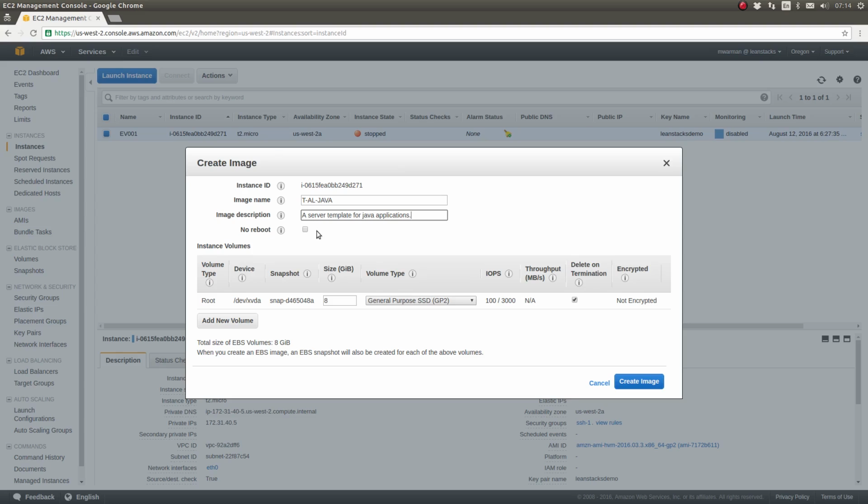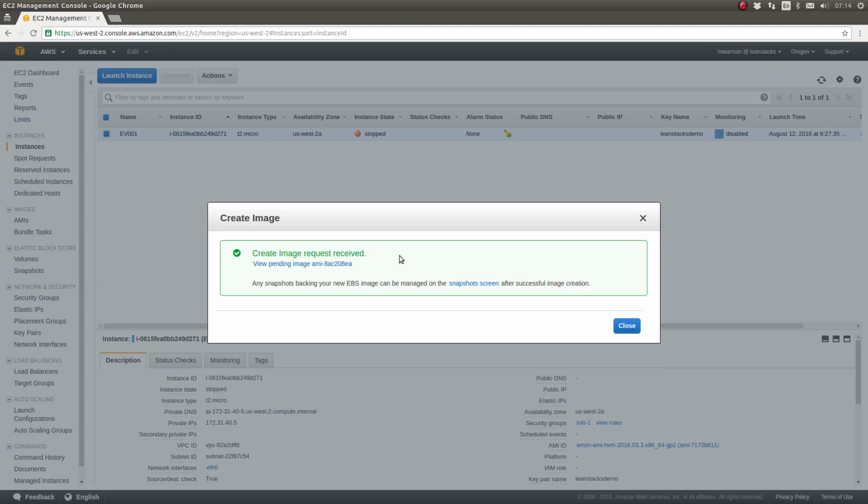So once you're done entering the name and description, and you've ensured that all of the volumes you wish to have included within this AMI are selected, you can click the Create Image button. That's all there is to it. AWS takes over. The process of creating the AMI has been started. We can click Close